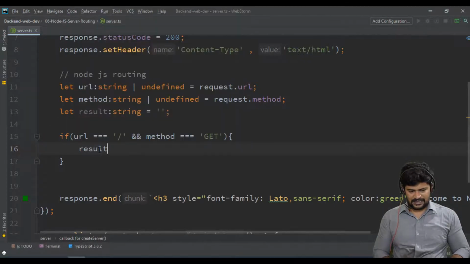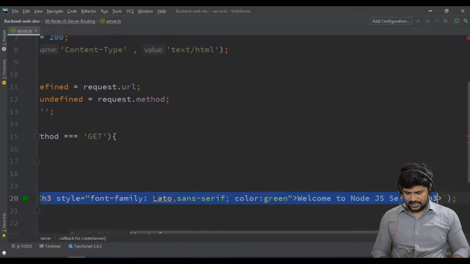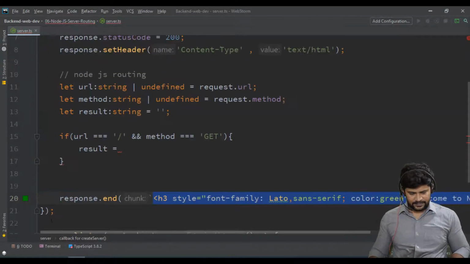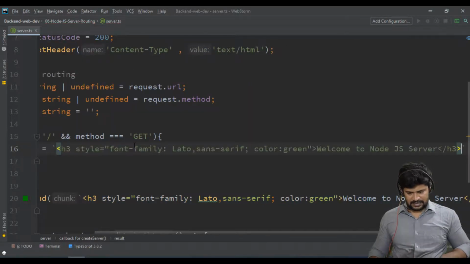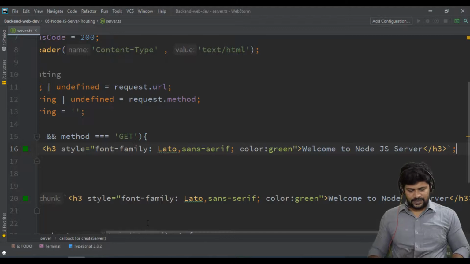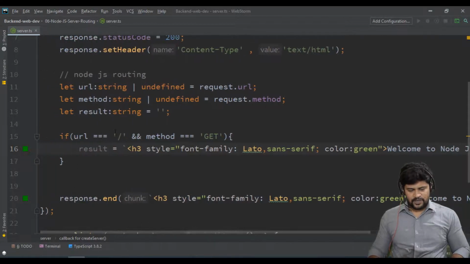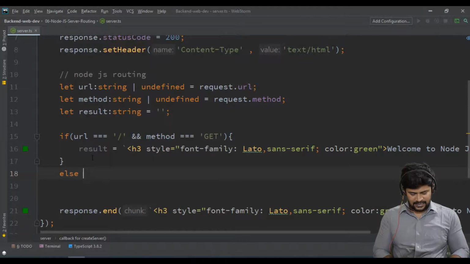Let's say result is equal to the same h3 tag here, in backticks, pasted. So my plan is, when you make an empty request to my server, I will respond with welcome to Node.js page.